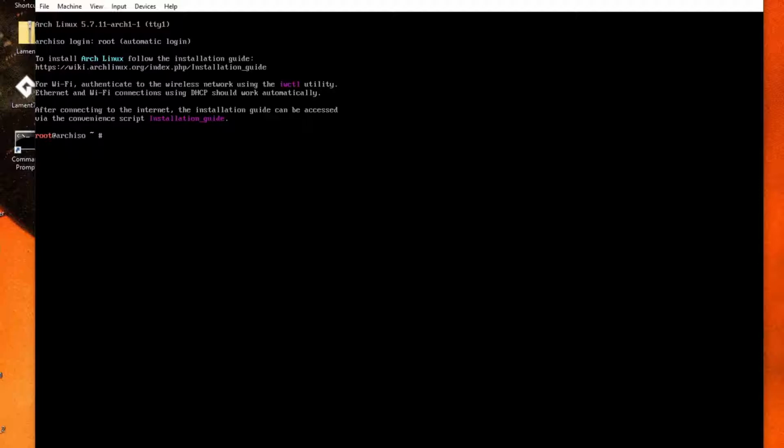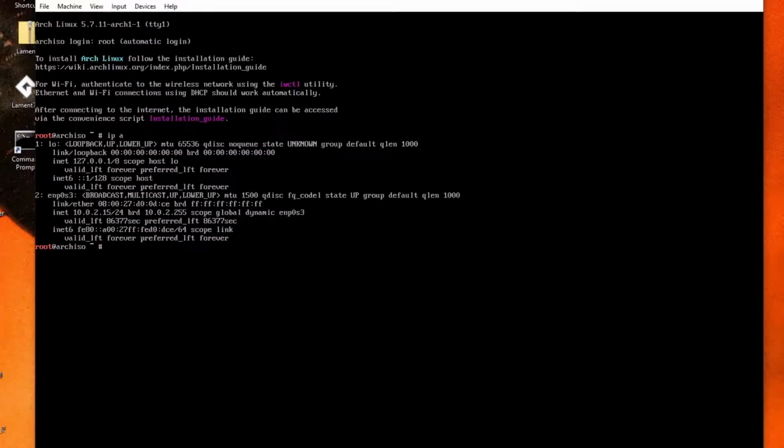Alright, once you're booted into Arch Linux, the first thing you generally want to do is check to see if you have any internet. There's a couple ways you can do this. You can press ip a, and it should show your interfaces, and you want to check not your lo, but your enp if you're using Ethernet, or it'll be wlp if you're using Wi-Fi. We can see that it is up and that it has an inet address, so that means we're probably good,